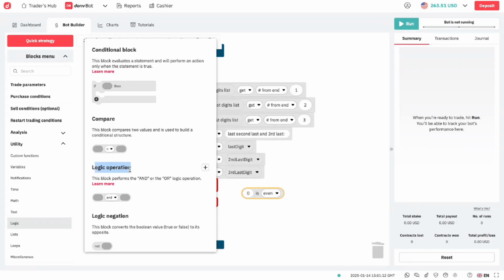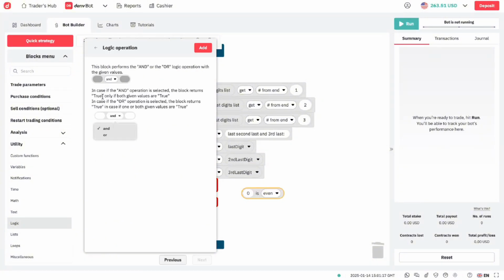This logic operation block performs the and or the or logic operation. So this is programming, but basically what it means is if you use and, both have to come to true. The condition on the left and the condition on the right have to be true for it to execute to true. If it's or, one of them, left or right, can be true. So that's what I need.